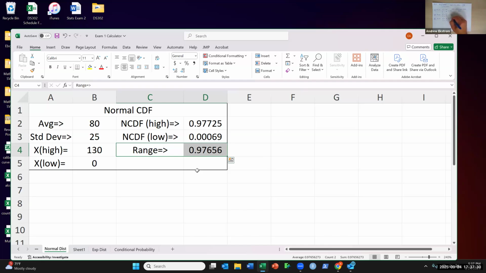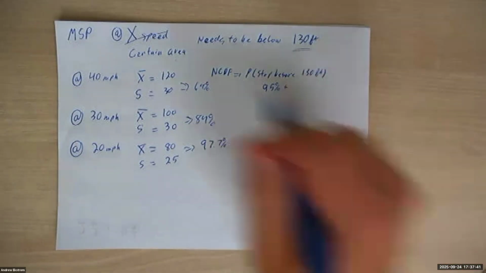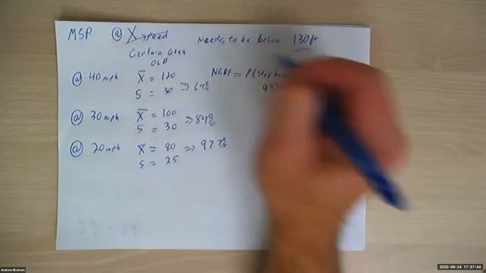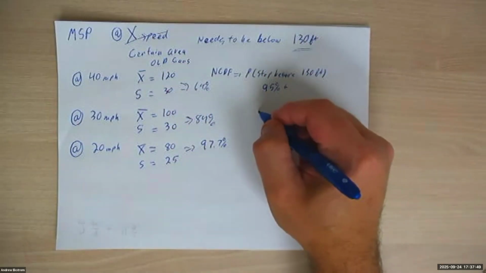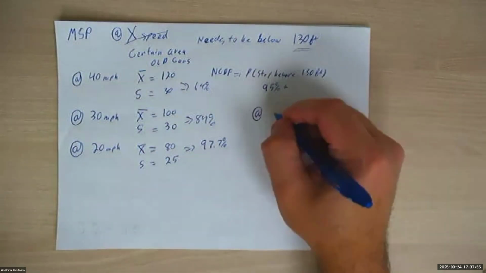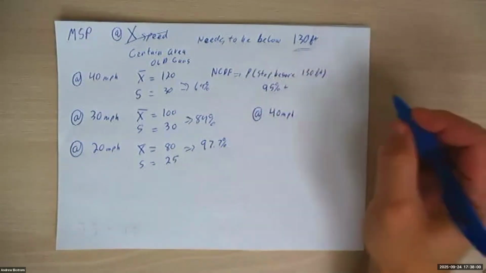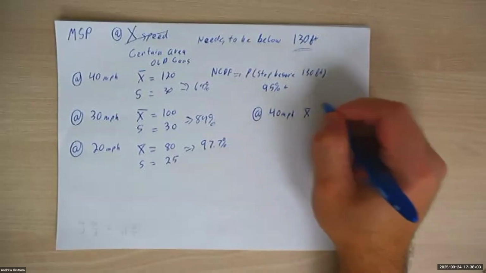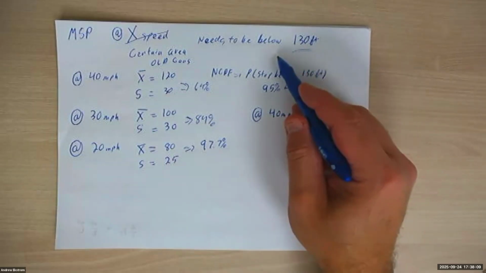So this comes out to be 97.7%. I will stop the share real quickly so you can see all this stuff. Now, I'm going to say that this is based on old cars. With new cars, we can have, but because braking systems are a lot better, cars tend to weigh less, all sorts of stuff like that. Now let's say that at 40 miles per hour, again, in this certain area,